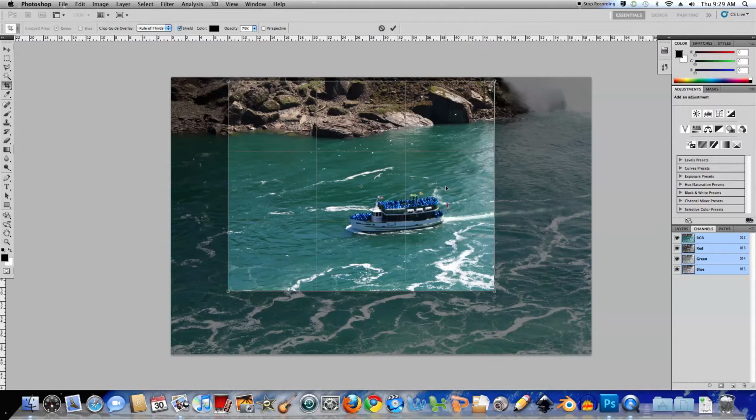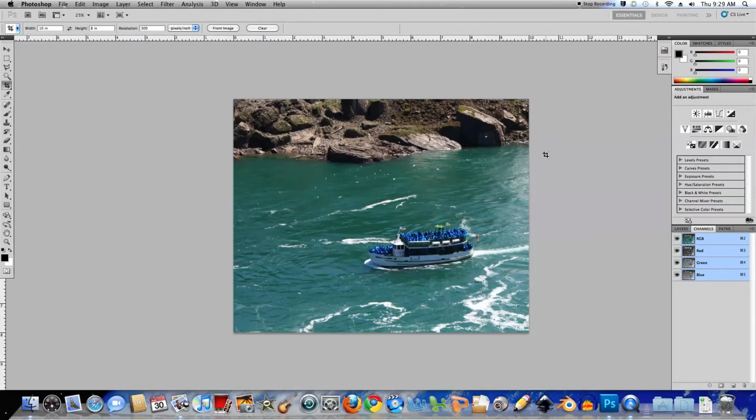But either way, once I hit enter to initiate that change, I will get a much superior visual image. It has a lot more impact, and it adds more dynamism to the image because I'm leaving room for the boat to travel through the water from the right to the left. Let me undo that with Control Z,